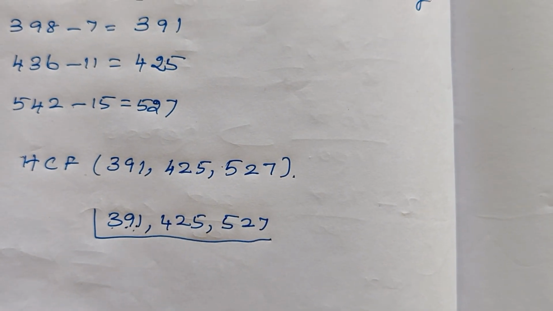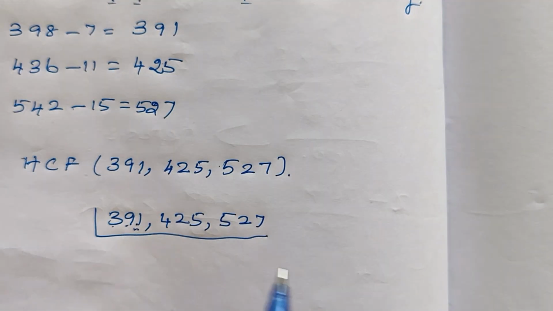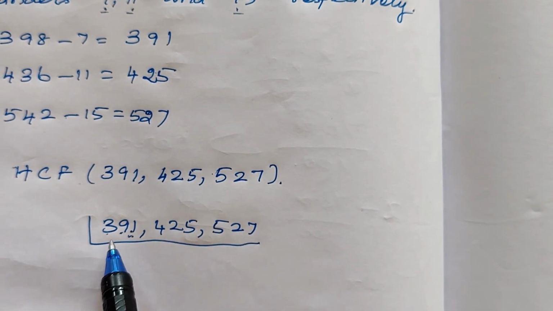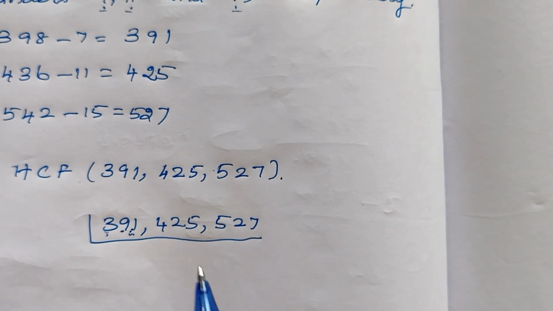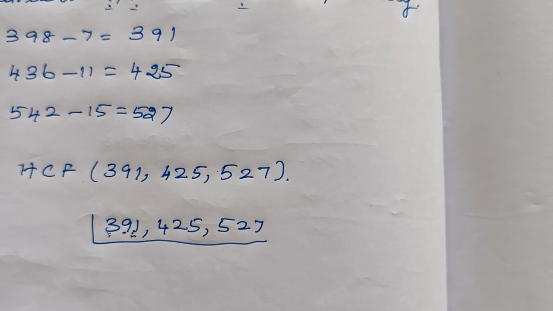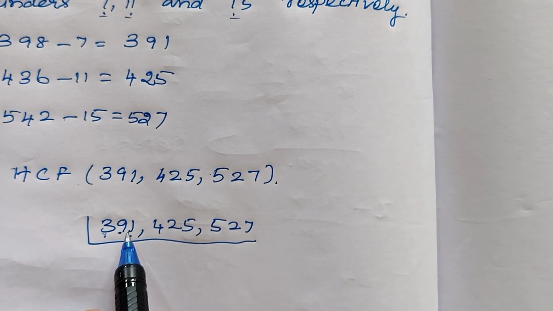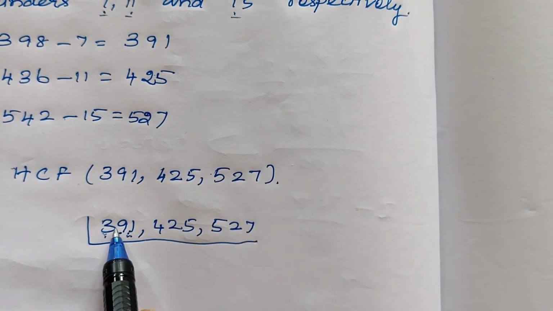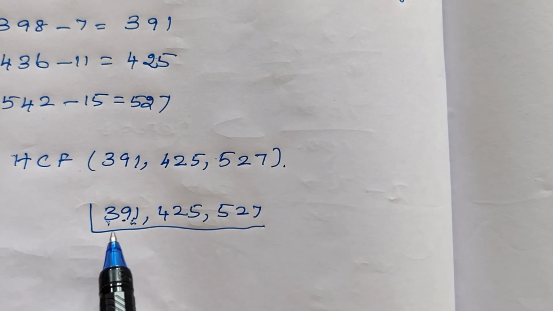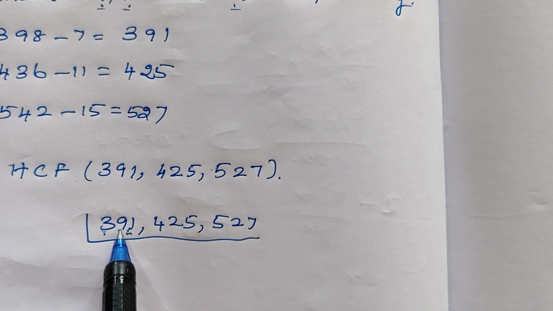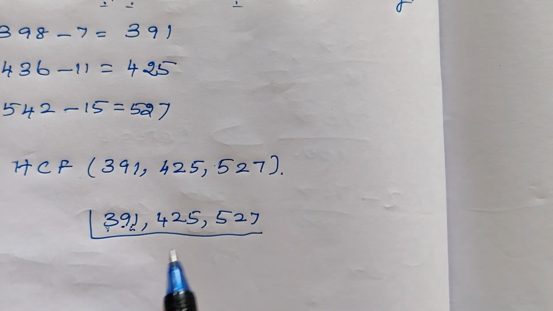Again, 5 is not possible because it is an odd number. Going to 5, then next is 7. 7 times 5 is 35, remainder 41, so 7 is also not possible. Then 9: 3 is not divisible, so 9 is also not divisible. Then 11: 33, then remainder 61, so it is not divisible by 11. Then 13: 3 times 13 are 39, then remainder 1, so it is also not divisible by 13. So 15 is also not possible.